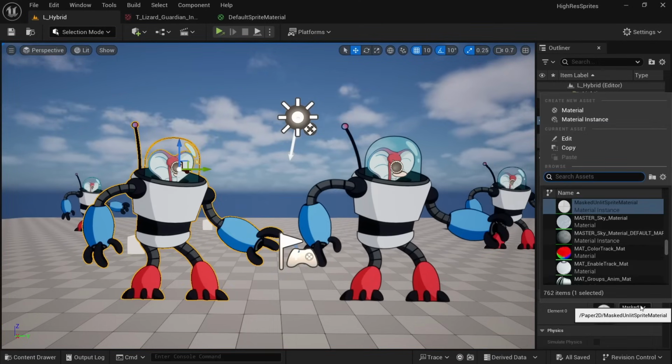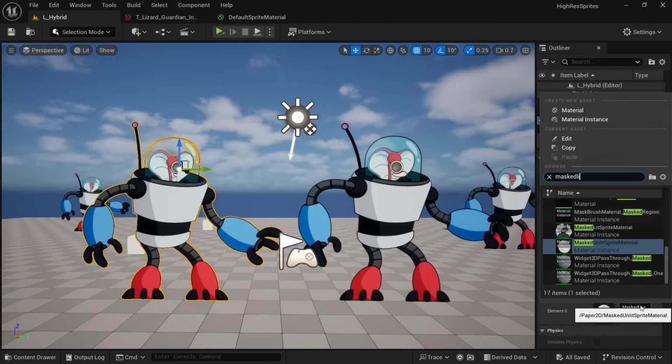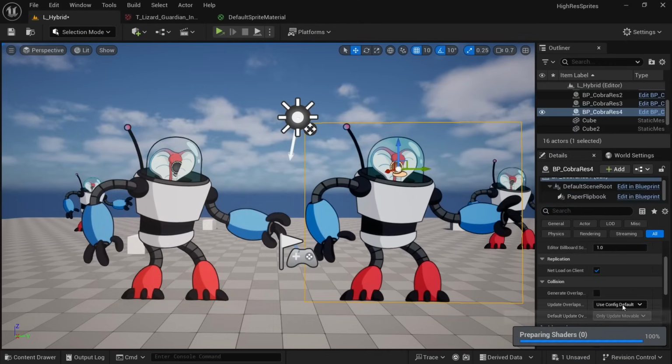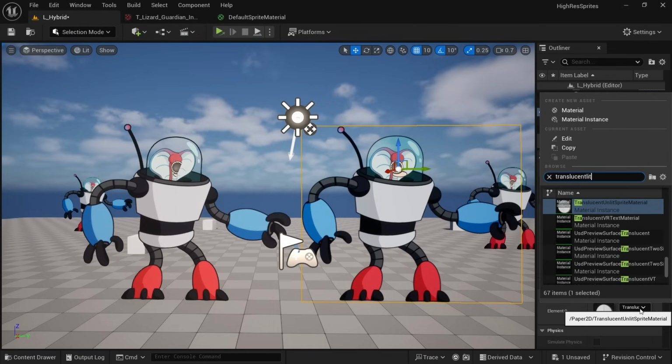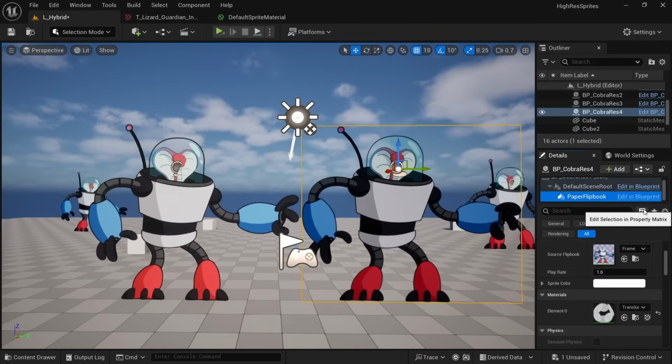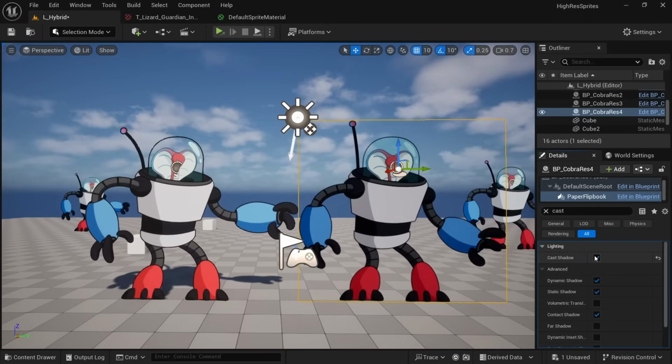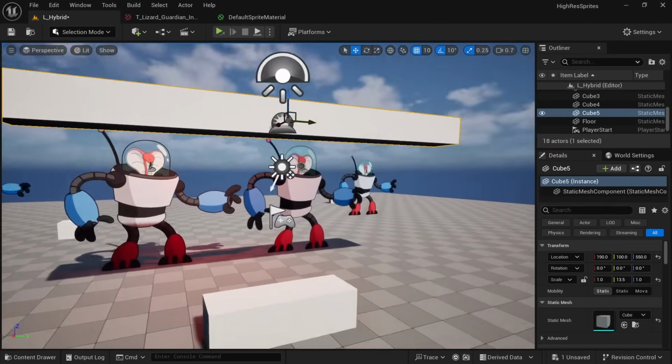In most cases, we do want lights and shadows to affect our characters, so we want to use a lit material, and to demonstrate I'll switch from using the unlit material to using the masked lit sprite material on the left and the translucent lit sprite material on the right. I'll then set both of them to cast shadows and place a cube in the scene to demonstrate the lighting